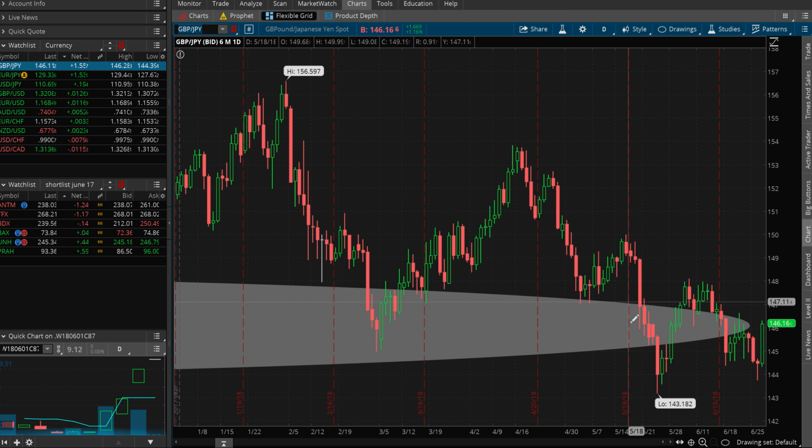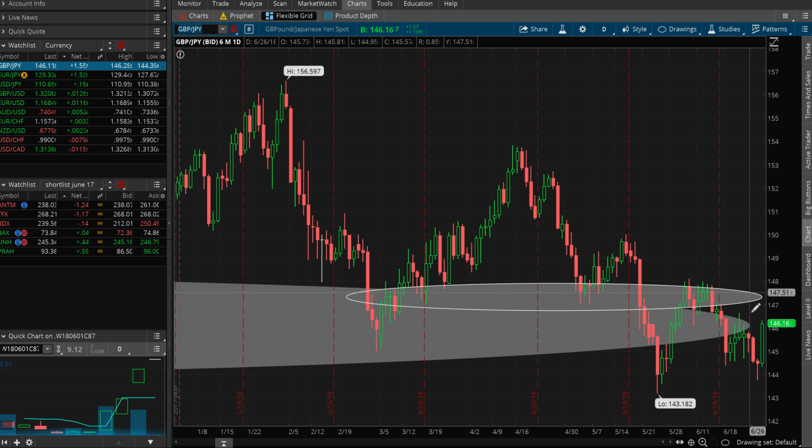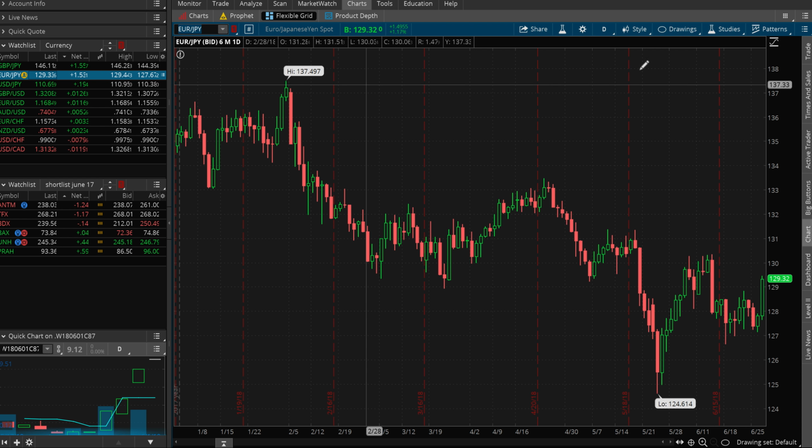Now, if you look at 6 months daily, one thing that you have to really consider is, you know what, it is still a lot of resistance areas on here, right? So I mean, if it actually bounces, there's really not much room over here. So pound yen, really nothing much to do. Let's look at euro yen